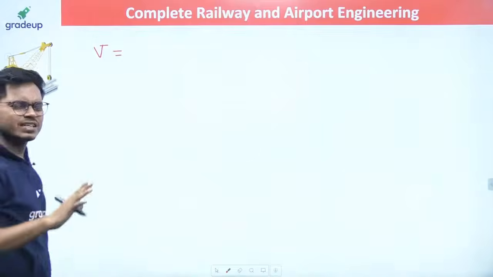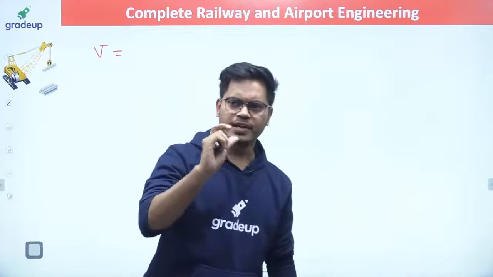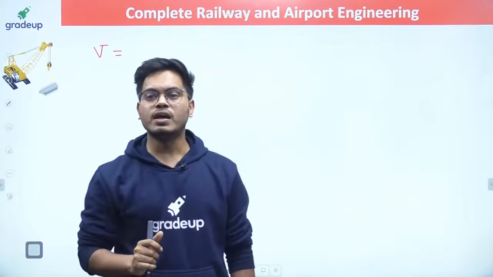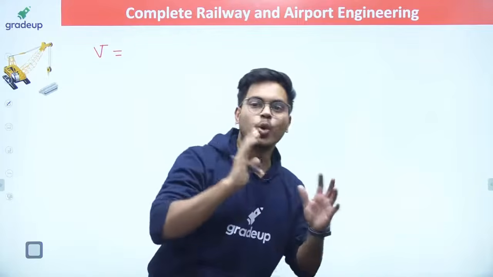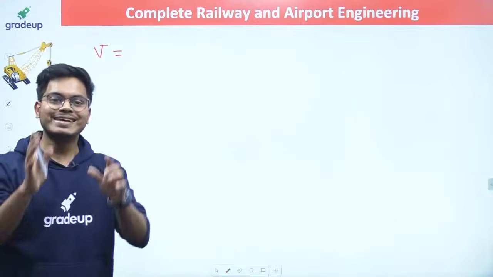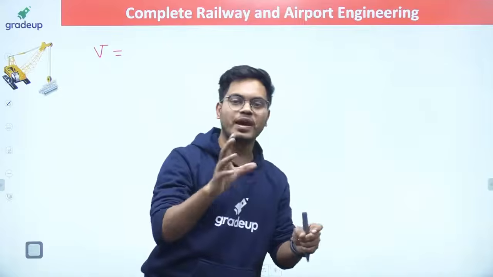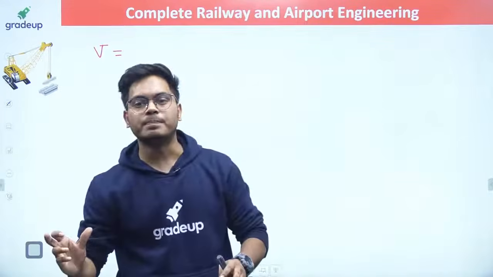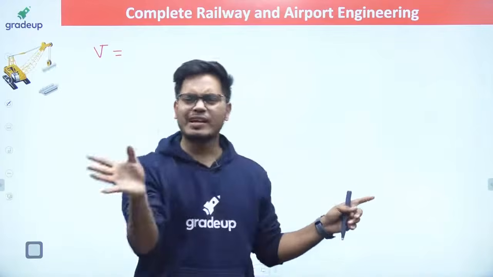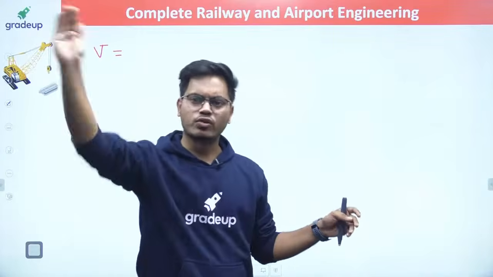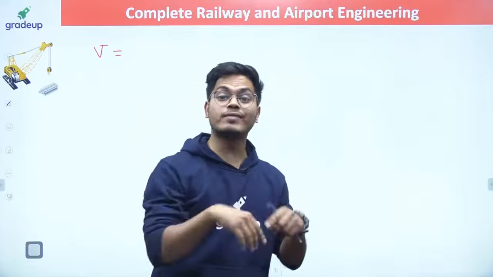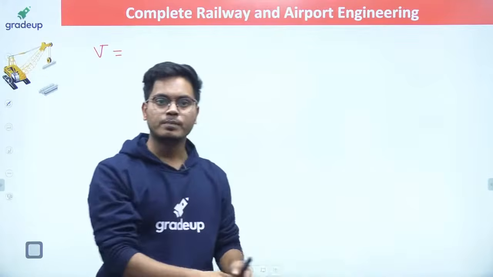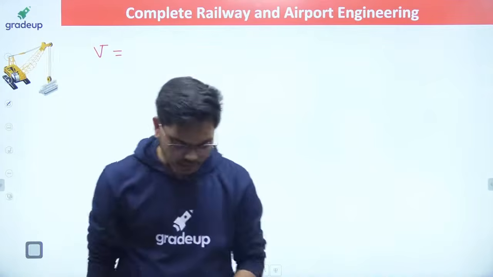V is equal to, this is nothing but that formula only, right? Cant deficiency limit: whenever the velocity is more than 100 kmph, your cant deficiency limit should be 100 mm. Below that, it is 75 mm. Right now, I was getting somewhere around 89.8. It was less than 100 mm because I have the velocity as 110. Please do not get confused here.